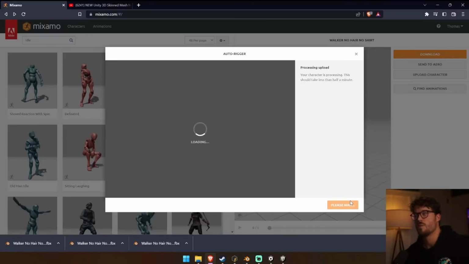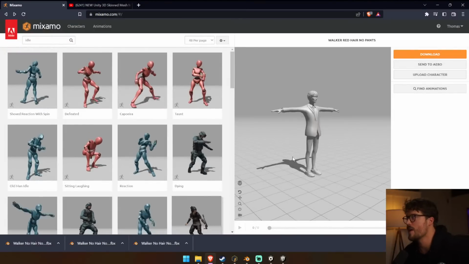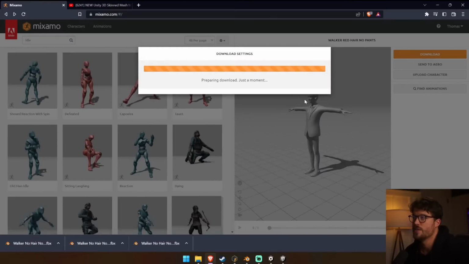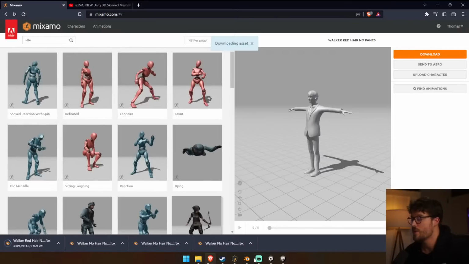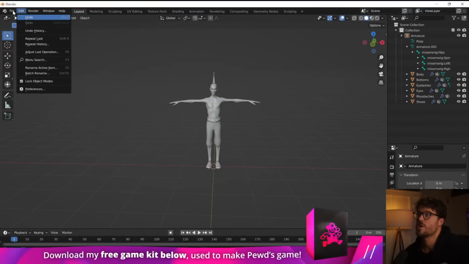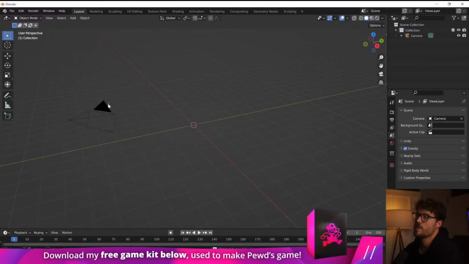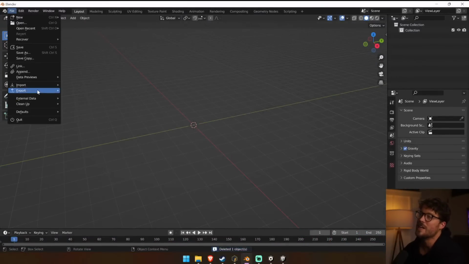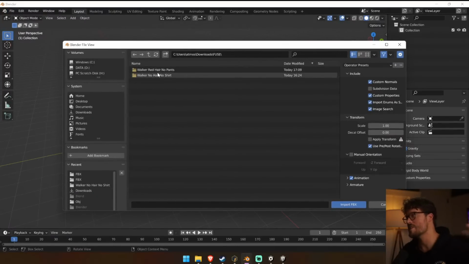But like I said, guys, what we're doing here is we're just establishing a process. And that process, once you memorize it, it's not that bad, right? So we're pretty much good to go now. Download the T-pose. We're just going to put it in our downloads folder, right? And then you import it into Blender. And then you make sure you export it from Blender, which, what in the world? It's just confusing. But that's what we got to do. We got to export it from Blender,